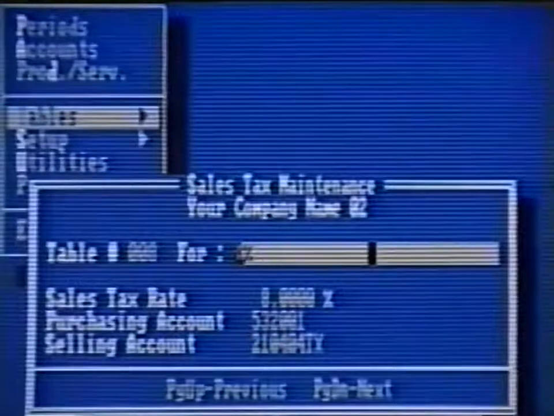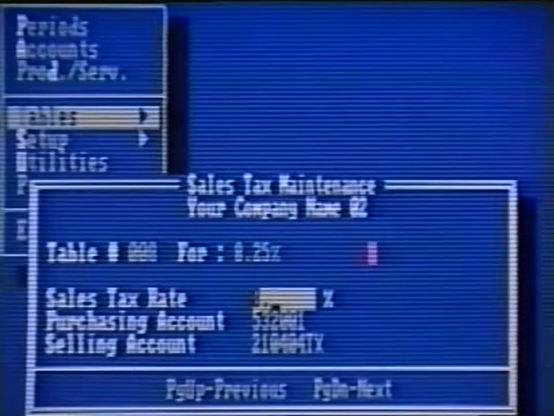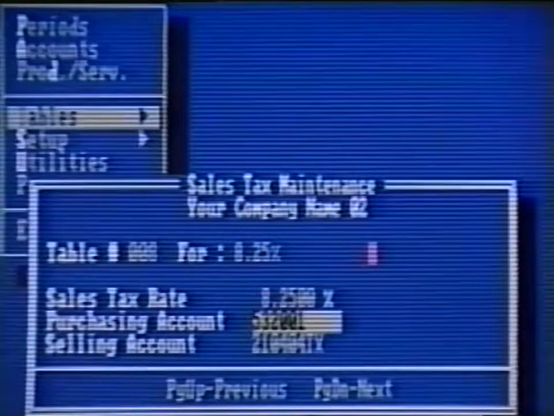A nice advantage of this system is when the sales tax rate changes, all you have to do is change the table entry. Then every account that uses this code will now use the new tax rate. We've already used the password table. Let's look at the other tables available in Pacioli 2000. To make a sales tax table entry, select Tables from the File menu.